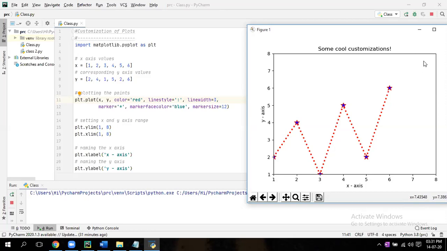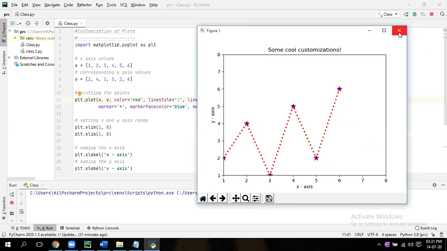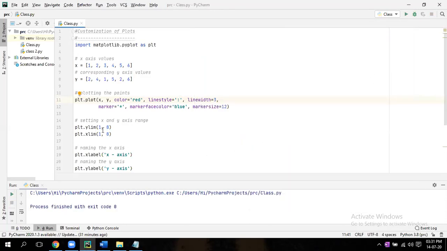Now, what you told, you want to increase this x-axis and y-axis value, right? Now it is 8. Close that. So here, in the next line, plot dot ylim, xlim is there, right? Till 8. You can increase till 10, 50, 20, whatever you want. If you don't write it also, by default it will take the highest value.